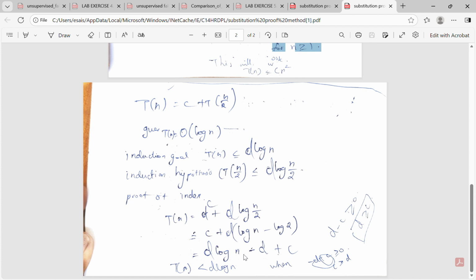Uh, this formula will work. So, why have I written this? No, I think we can